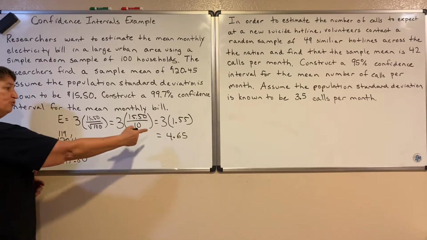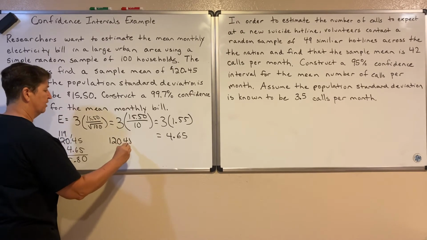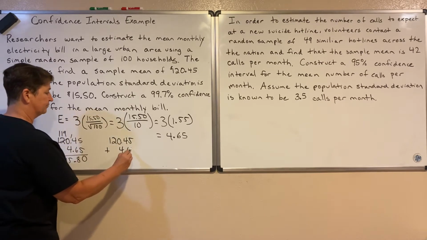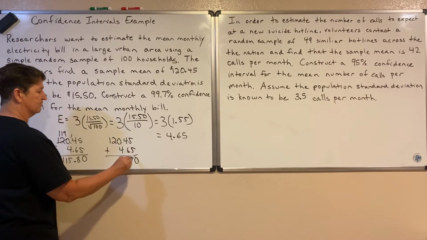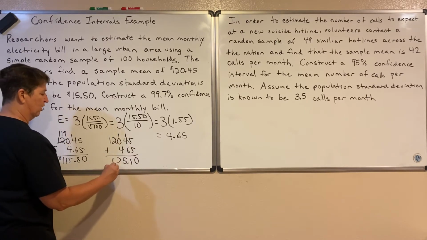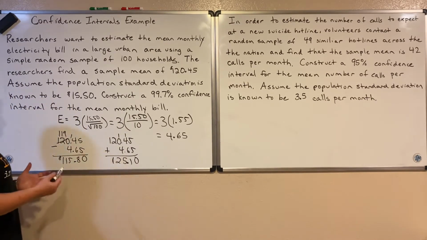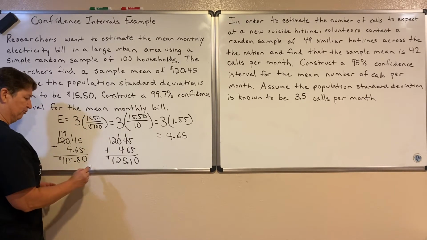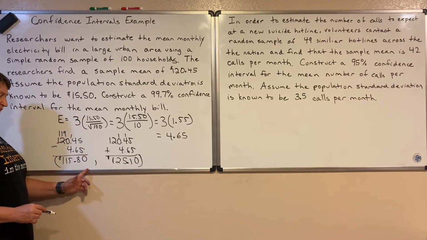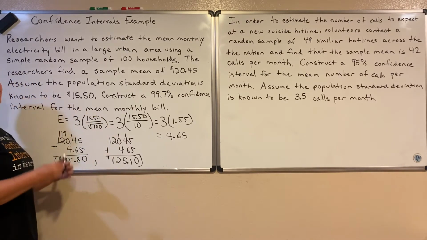Then I'm going to go up 3 standard deviations from the mean. I'm going to take my margin of error and add it to my mean. So 5 and 5 is 10. That's 11, carry 1 is 5. So $125.10. So my confidence interval is from $115.80 to $125.10